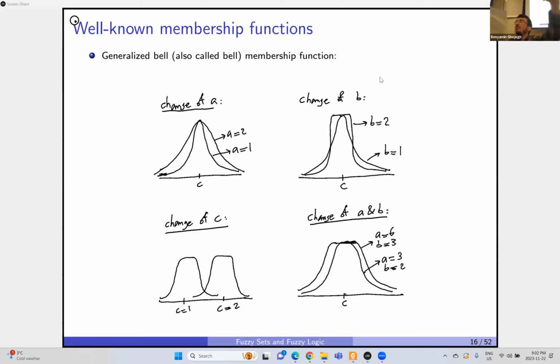The change of A and B together is this. A equals 3 and B equals 2 is this. Now let's increase both A and B. It becomes like this. So it becomes fatter in general. Okay? Its behavior is interesting, weird and interesting. Okay? So,